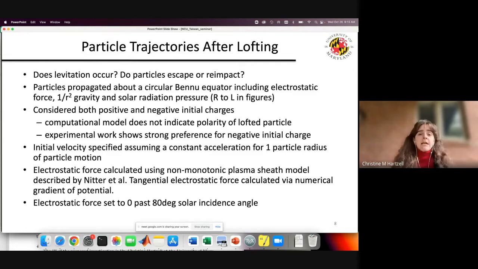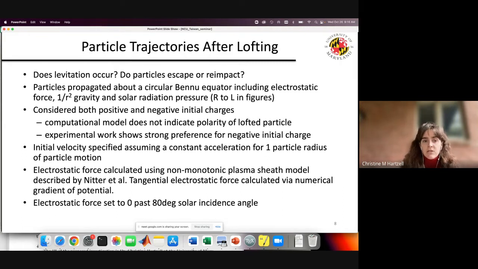Do they levitate? Do they escape from the asteroid? Do they re-impact? After the particles are lofted, we numerically propagate their trajectories. We're changing the position, the velocity, and the charge of the particle as a function of time and location. And we consider an electrostatic force, a 1 over r squared gravity, so a simplified spherical gravity model, and